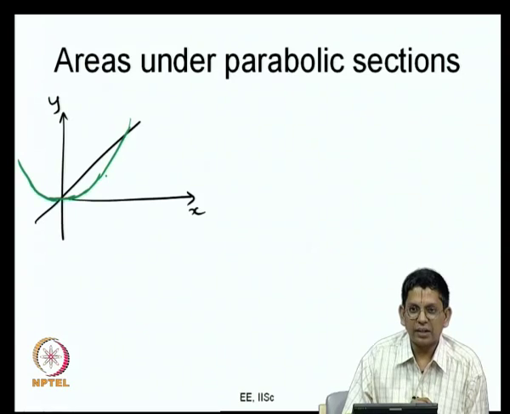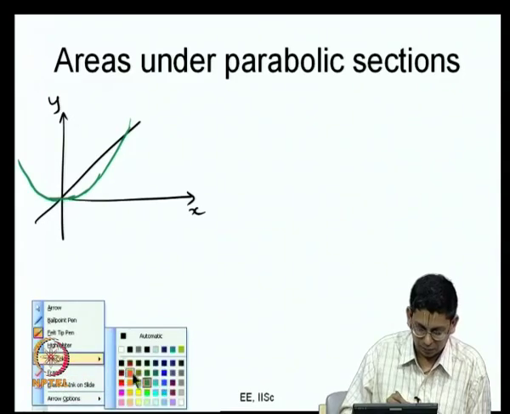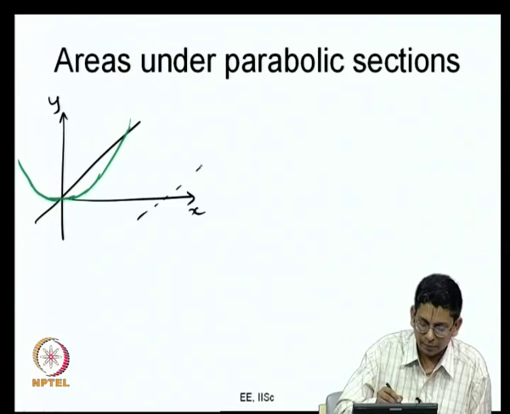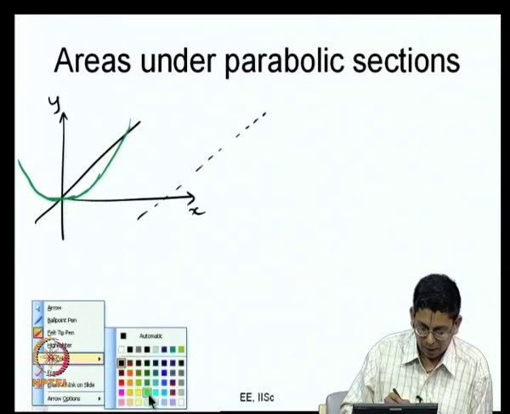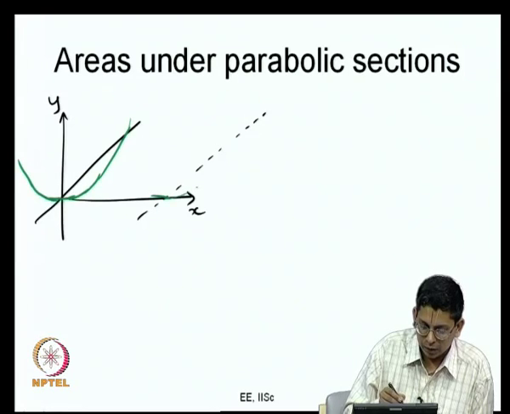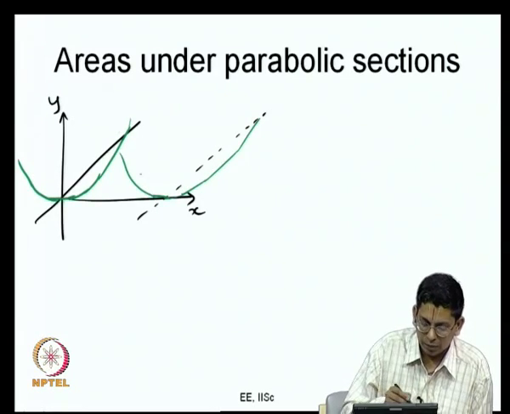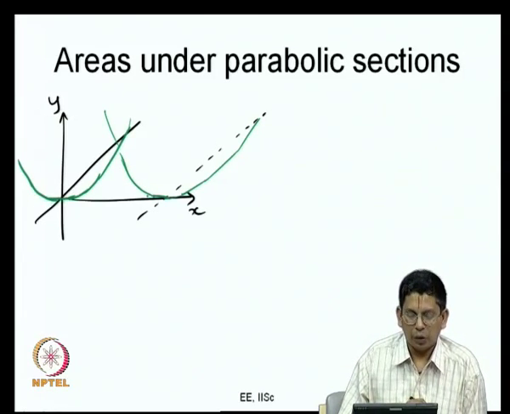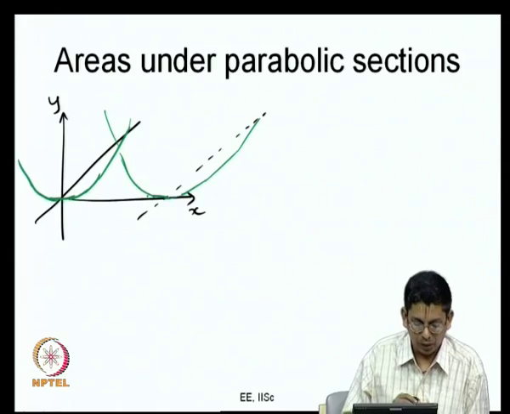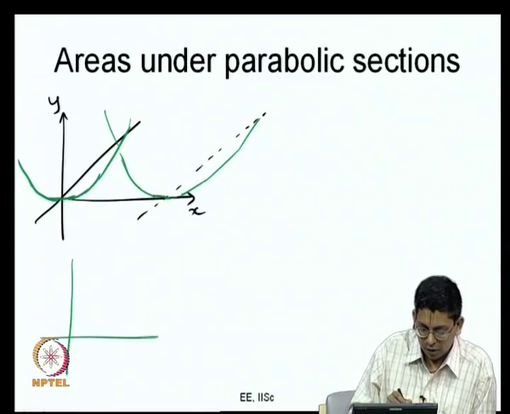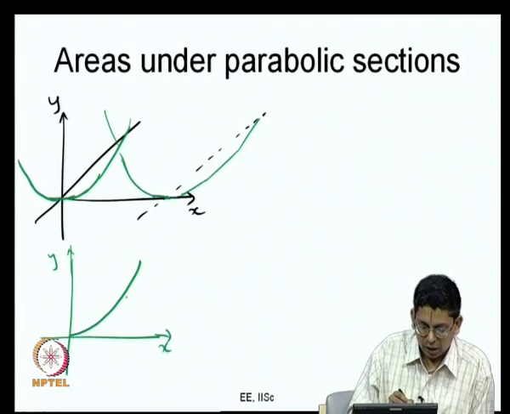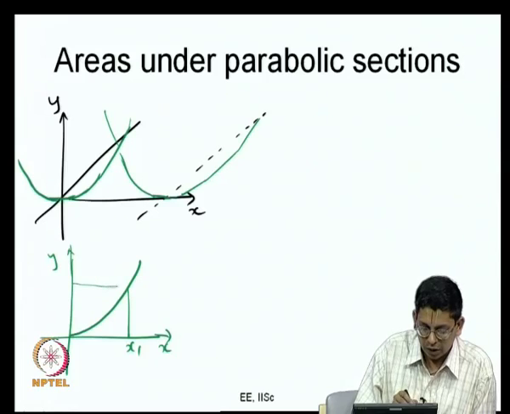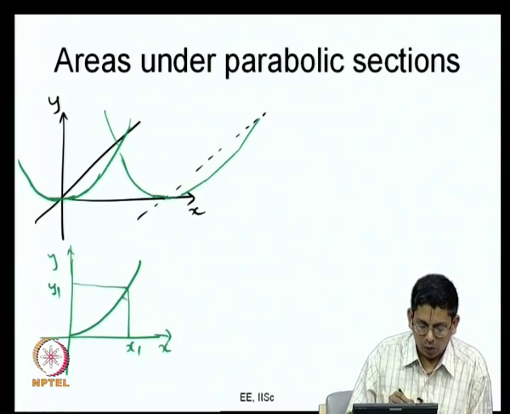Instead, let us say I take a different straight line, that passes here. This is the different straight line. If I square this, what will happen? I will once again get a parabola, but that parabola will be something like this. So, what we are looking at is the area under the parabola. Now let us say I have a parabola, this is y and this is x, and this is some value x1, the corresponding value y1, and I want the area under this parabola.